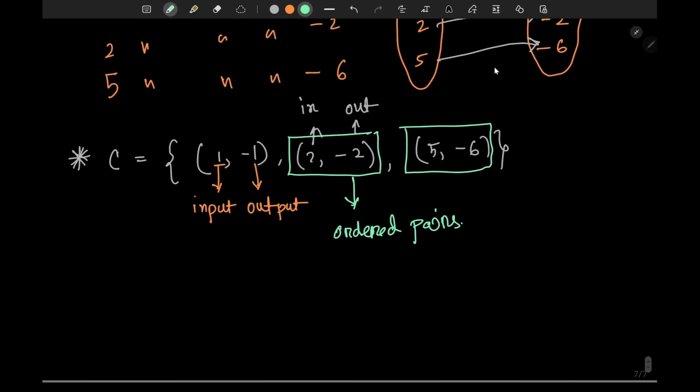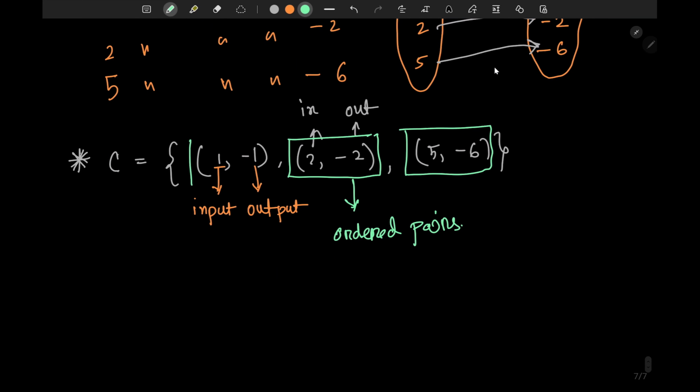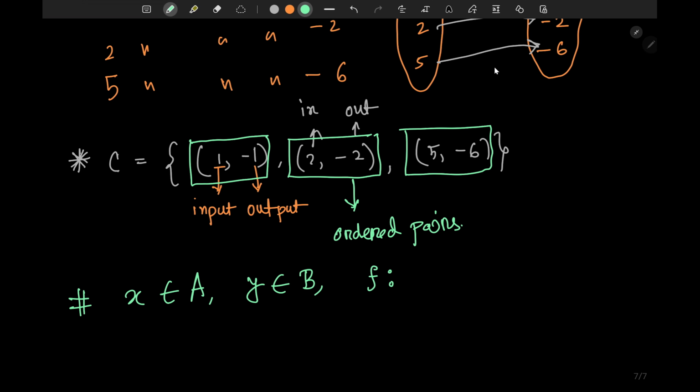All right. So as I was saying, these pairs are called ordered pairs where the first element consists of the elements of set A, the input set, and the second element in these pairs is coming out of the output set. So this is our ordered pair. In general, what can happen is that, let's say you have some element x belongs to set A and y belongs to set B, and there is some sort of a mapping f such that it maps A